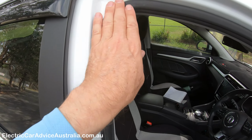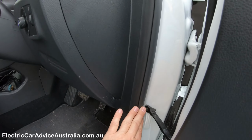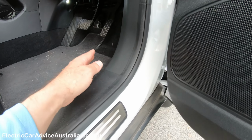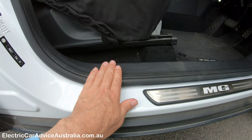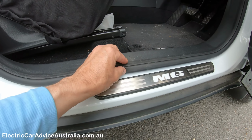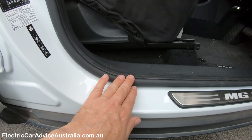So to have a quick look around the rubbers, now I mentioned these in a really early video we did when we first bought the car. I was impressed with these rubbers. You know, they're all still good. We'll show you the back door shortly. The kids get in and out all the time. They twist and screw these things and spike them and all sorts of stuff, and the rubbers haven't broken, so